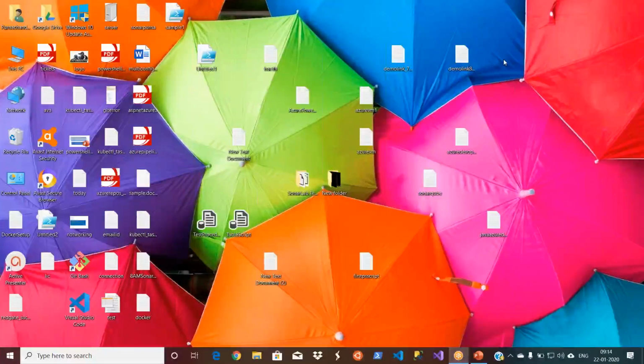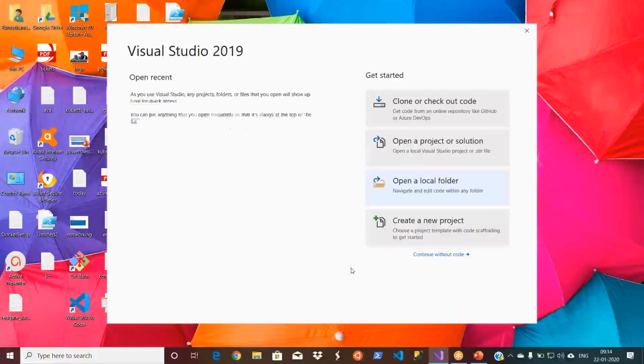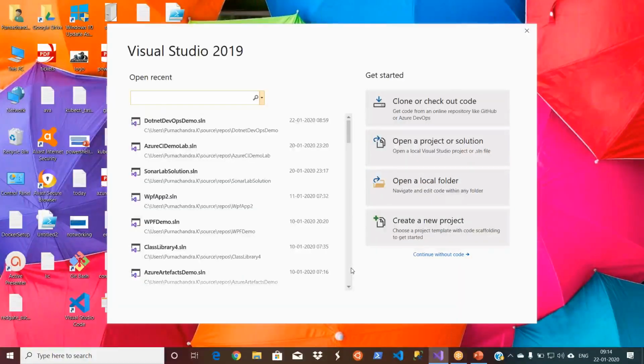No, can you please open Visual Studio once on your machine? Either you can open it, or these are frequently used, so I can directly open from here. This is a path, right? I'm putting your projects here.